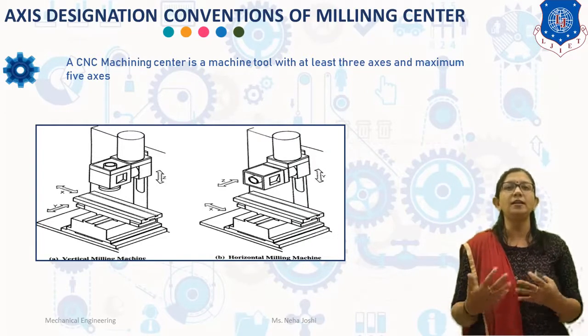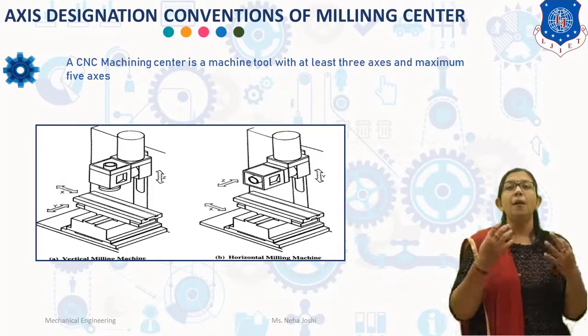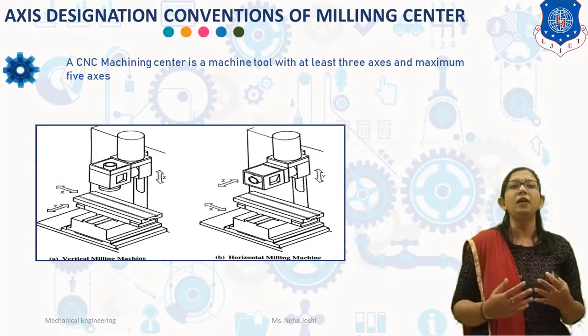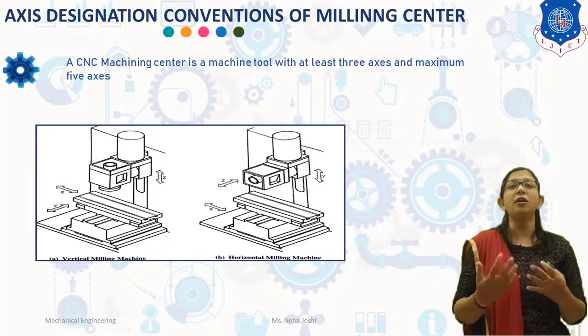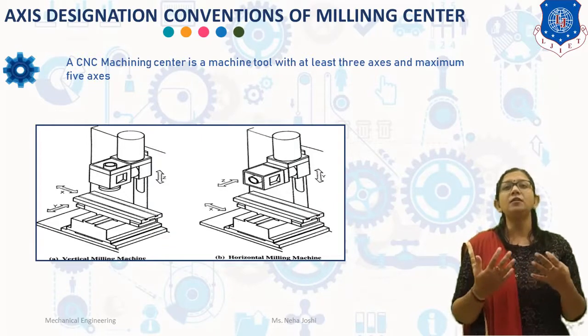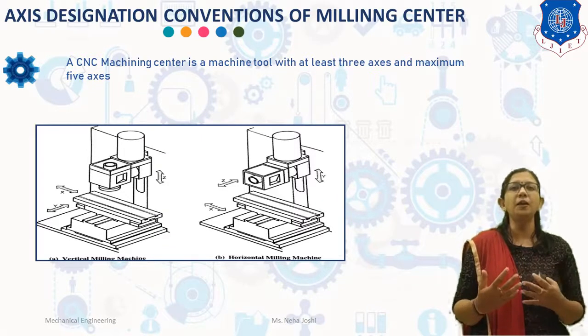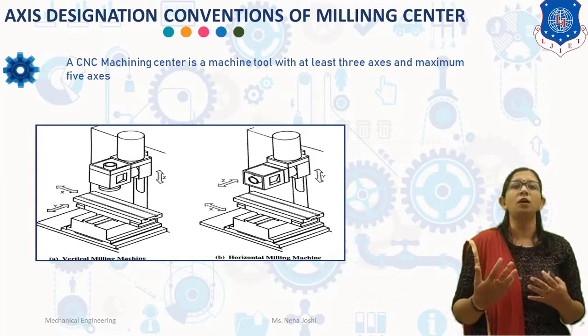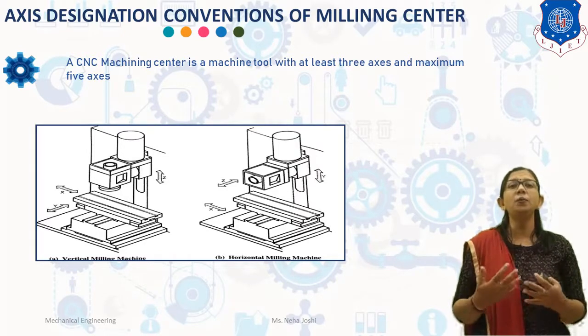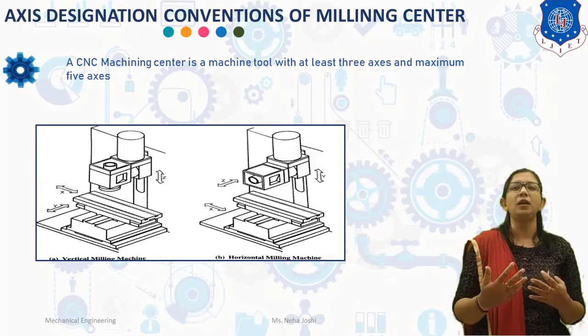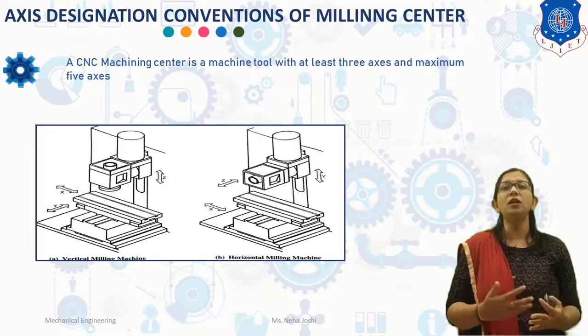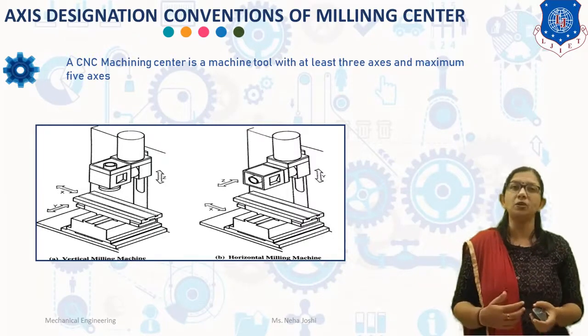So all machines are equipped with the basic traveling components which move in relation to one another as well as in the perpendicular direction. Milling machines are equipped with a traversing work table which travels along two axes and the spindle whose tools travel along the third axis. Here you can see the position of coordinate system of milling machine, which is horizontal milling machine and vertical milling machine.